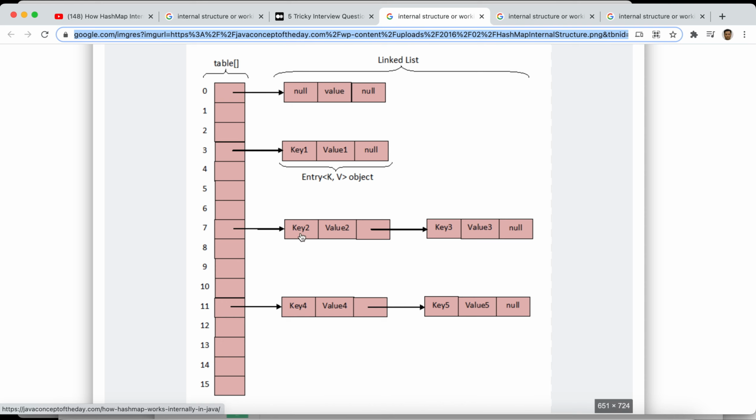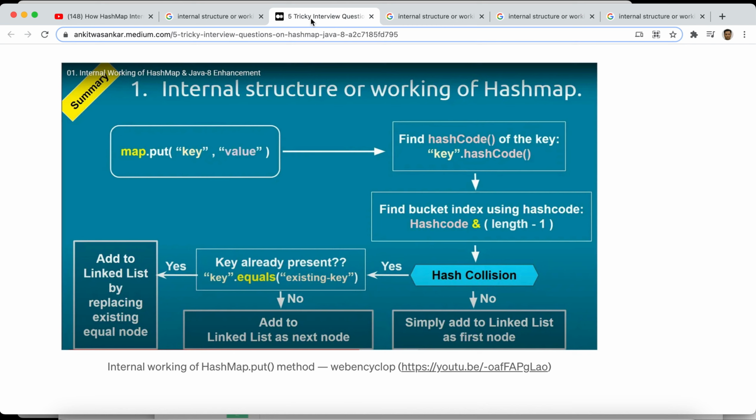For example, let's say we execute this put command, and we use key 2 with a dummy value. Then we use the same key, key 2, with this literal value.